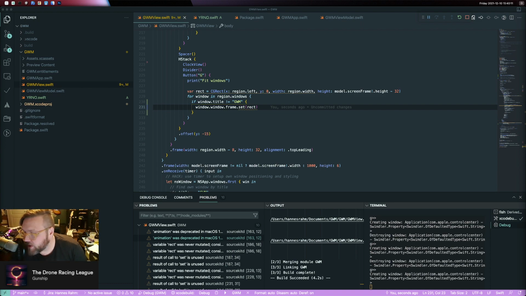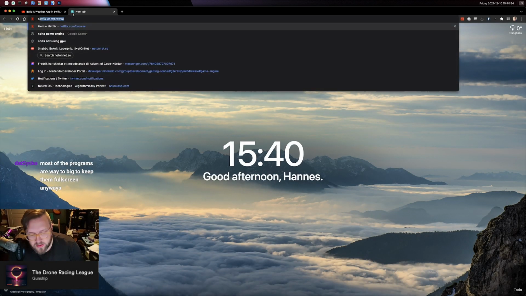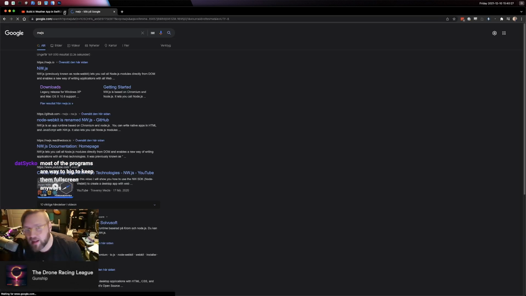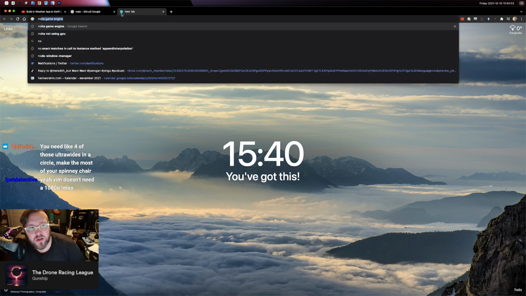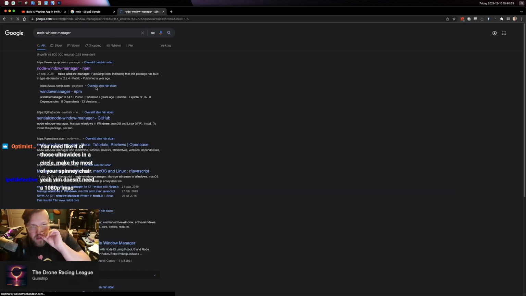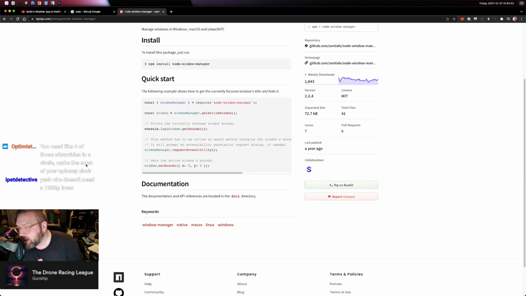Interested in the Windows version, the Node.js one. It's not really for public consumption, but if you want to make it yourself, I use NWJS as a window thing. Getting started is not that bad. So I use NWJS, I use React, and then I use Node Window Manager,